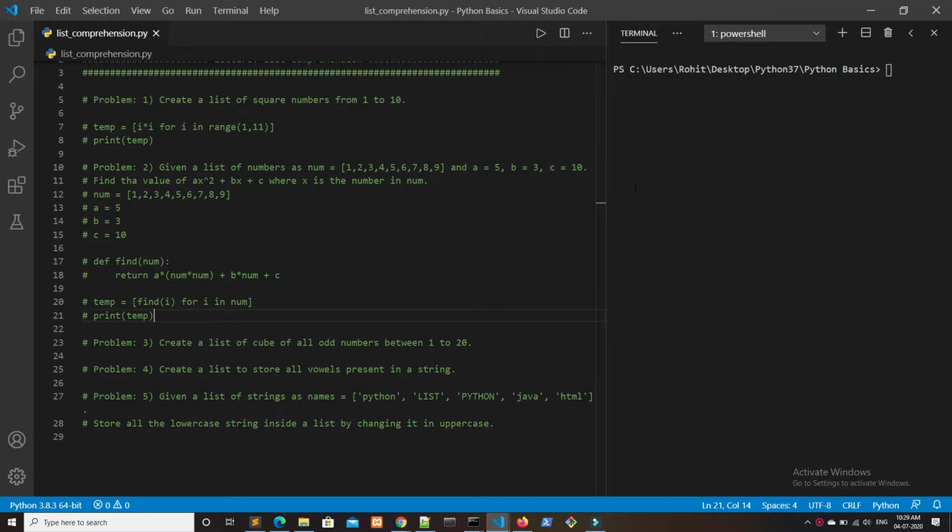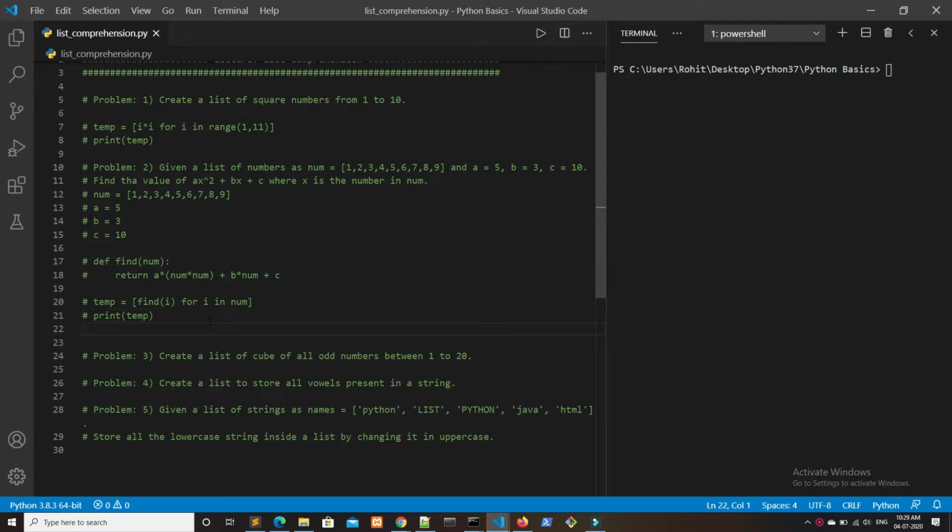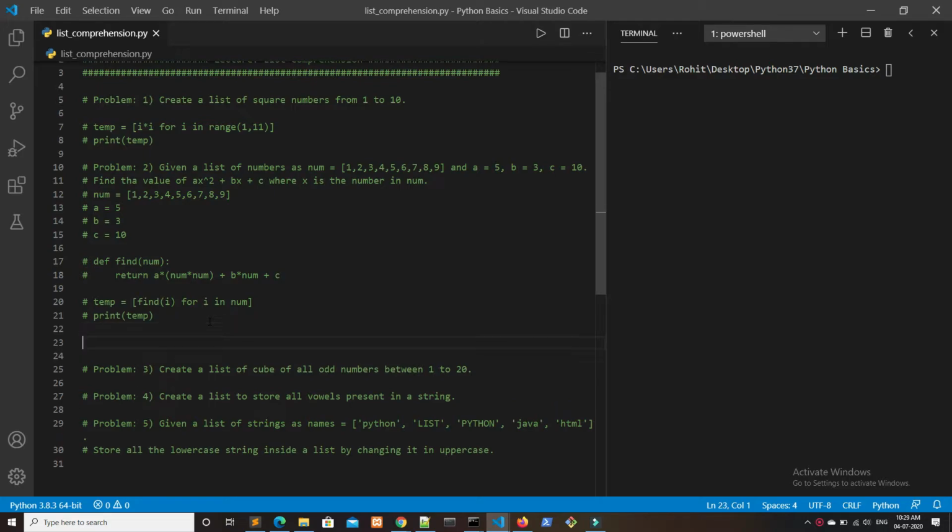Okay, so I have solved the problem number 2 using a function. I have not talked about function in the tutorial, so we have one more way to solve this problem without function. If you understood this solution here, it's okay. But if you don't like creating a function, then we can solve it using one more way.